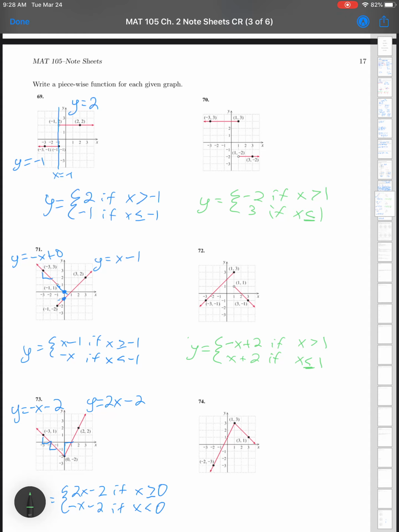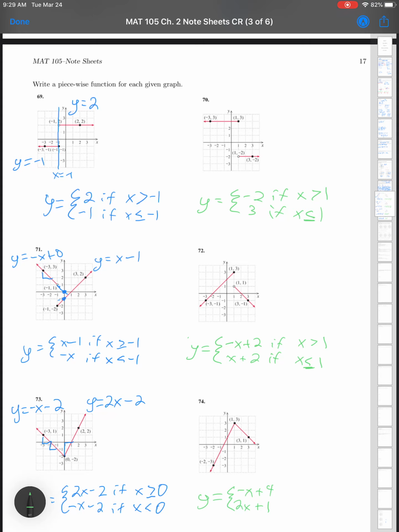So I'm going to do or equal to on the bottom function there. And then last but not least, y equals, the piece on the right has a slope of negative 1, so that's the opposite of x, and it would have had a y-intercept of 4. The piece on the bottom has a slope of 2, so that's 2x, and has a y-intercept of 1, so